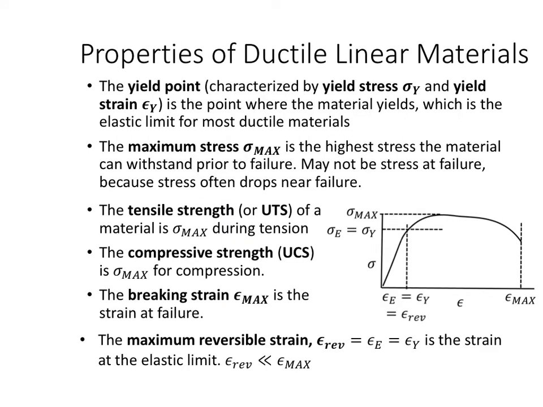We'll now look in more detail at the properties of ductile linear materials. The yield point, which is characterized by the yield stress and the yield strain, is the point at which the material yields. That is, where it goes from a constant Young's modulus and tangent Young's modulus to a decreasing tangent Young's modulus. Now, for most ductile materials, this is equal to the elastic limit. That is, it only maintains